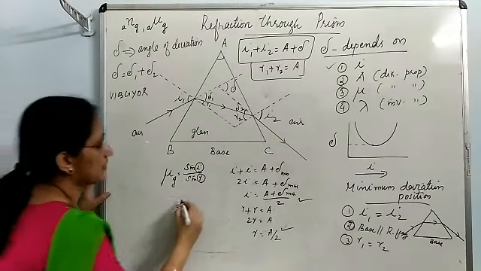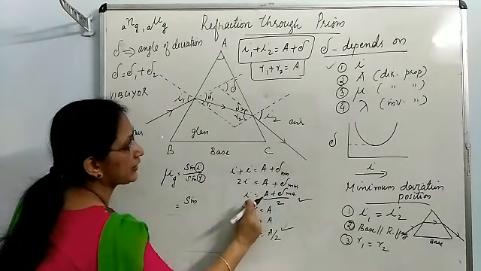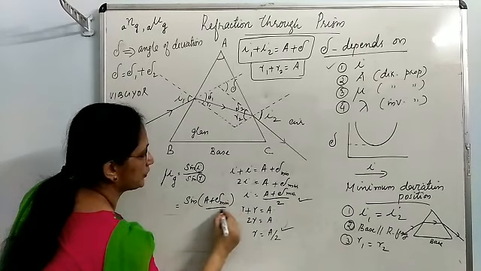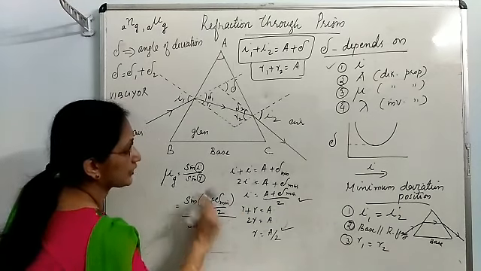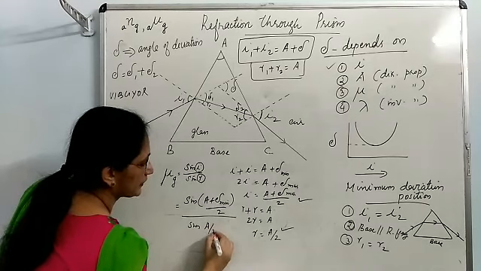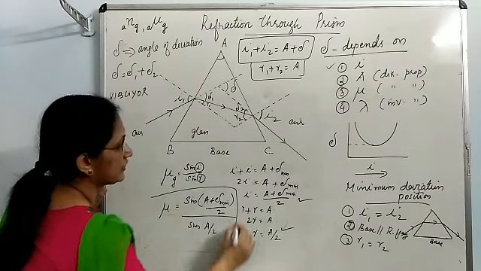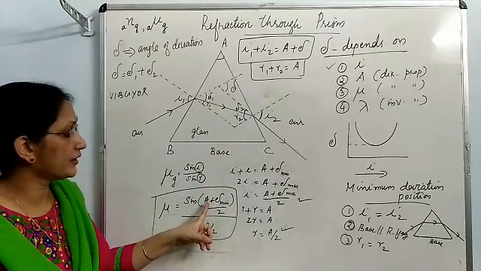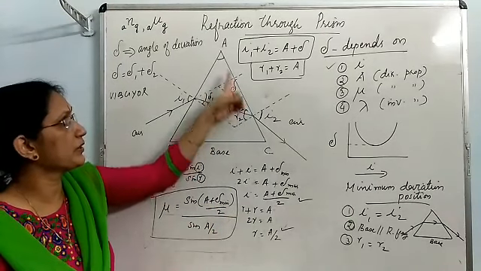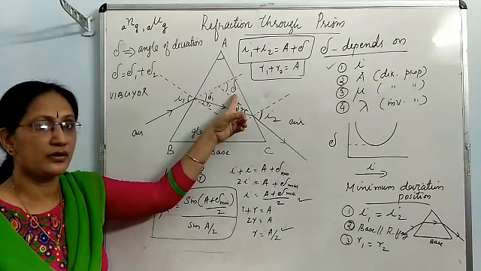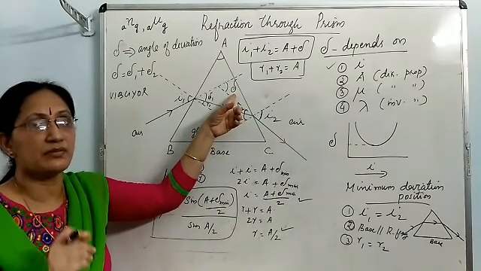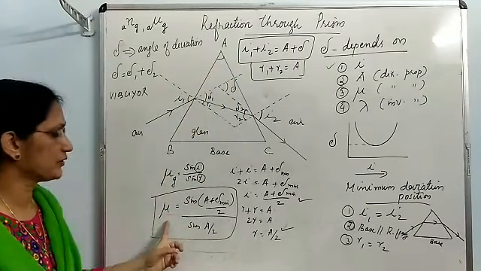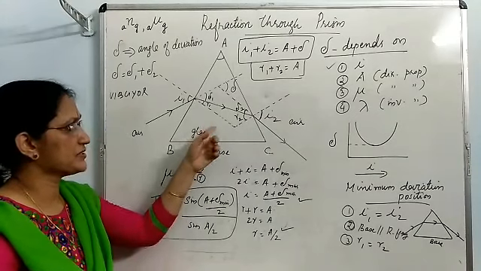So refractive index of glass is equal to sin of (A plus delta minimum) upon 2, divided by sin R, where R I am substituting from here. So this is another way of finding out refractive index. If you want to use this formula, you must know two angles, angle A and the angle of minimum deviation. If these two angles are known, the angle of prism and delta for the minimum deviation position, then you can find out the refractive index of the material of the prism.